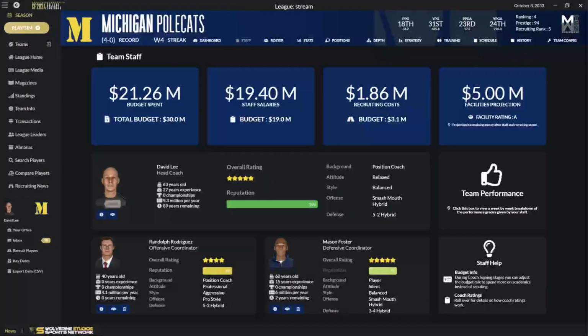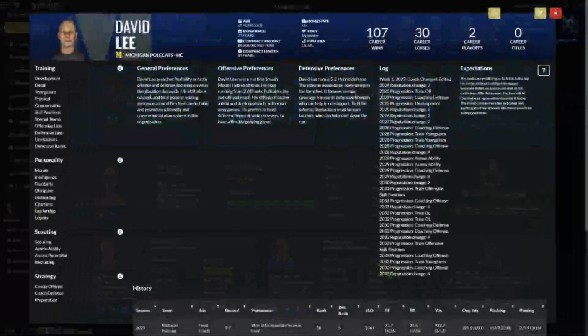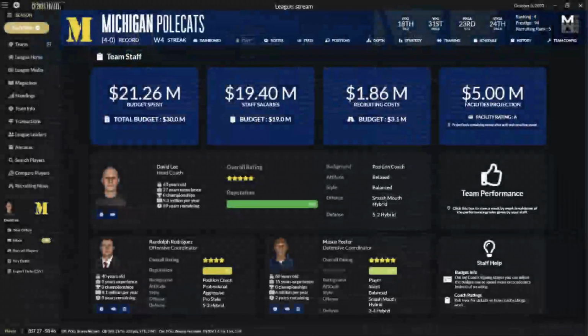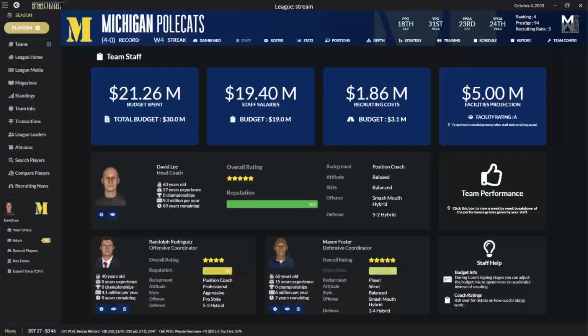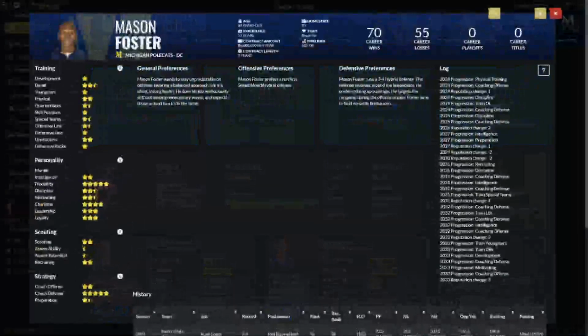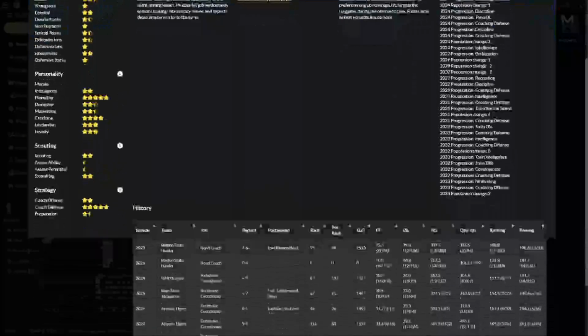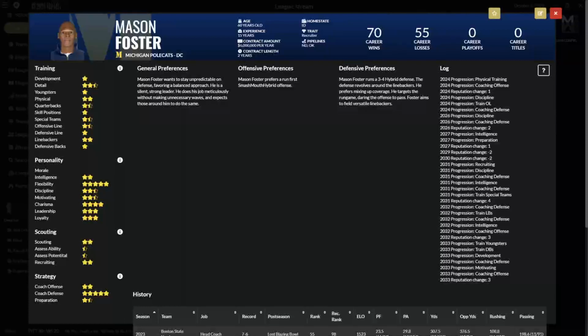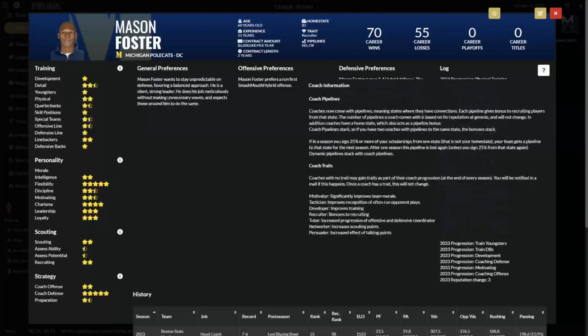There may be a little bit more news articles in here. You'll get responses on your recruiting log on how successful your recruiting pitches were. There's coach logs for how well they've done over the year. We try and touch a lot of these things and go just a little bit deeper, a little bit more immersive. We try and do as much of that as we can from version to version without breaking things,